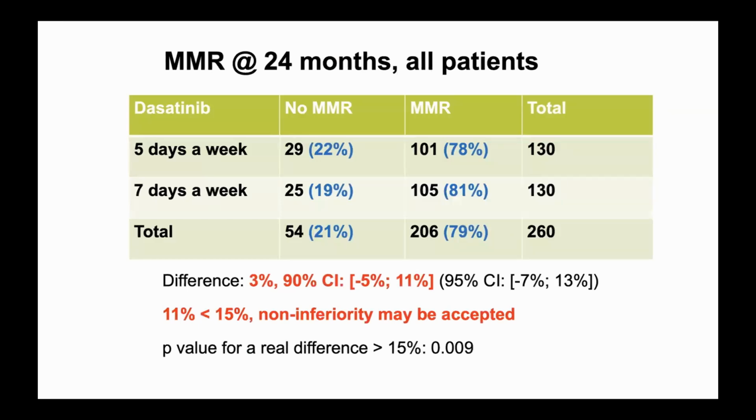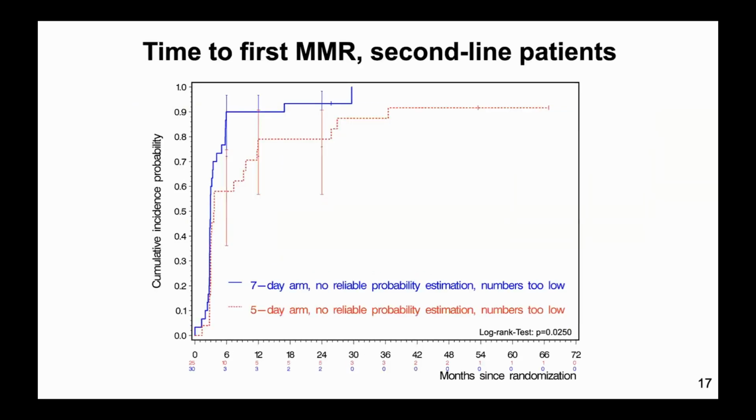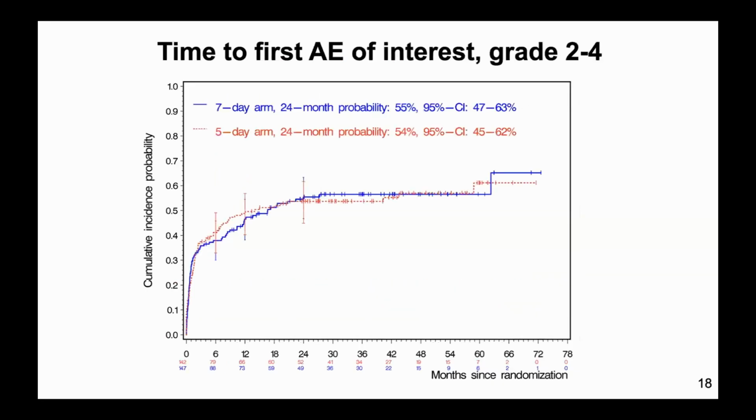The first endpoint was, of course, MMR for the non-inferiority design, and this was met. That means the MMR with 7 days was 81% after 24 months, with 5 days, 78%. This is not different statistically, and our hypothesis was met here. That means it was a positive efficacy study, but not for second-line treatment. For second-line patients, we had a favorable MMR rate with 7 days versus 5 days, but in first line here we had the same